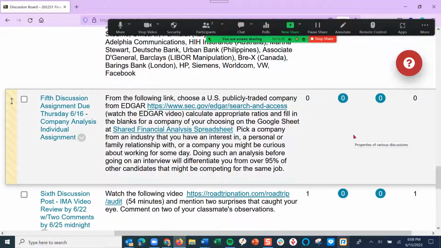You're going to pick a company, ideally from an industry that you have some interest in or have some personal experience with. Maybe you want to get a job in it. Maybe it's a company you do business with. Maybe you have a family member that works for the company, or just something you're curious about and may want to work for someday. I'll share with you in the career space the spray and pray method of applying to 200 jobs online does not really work real well.